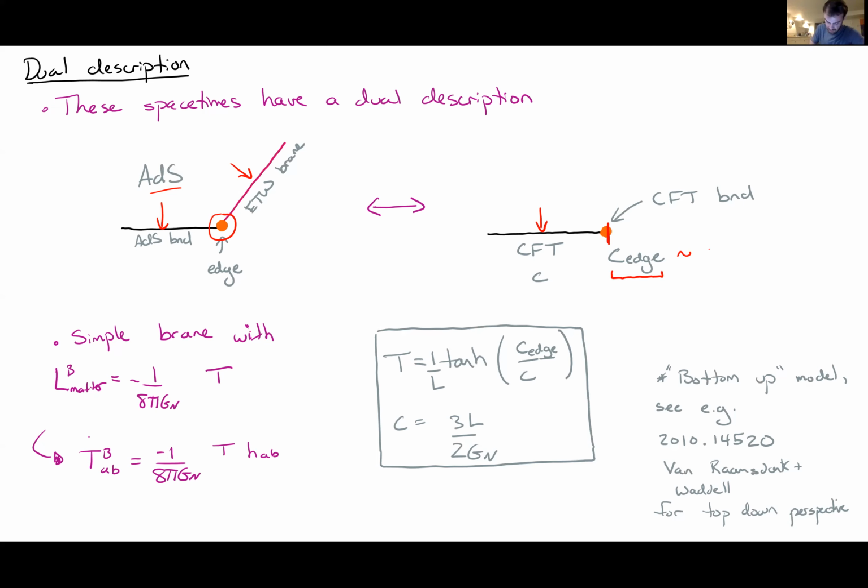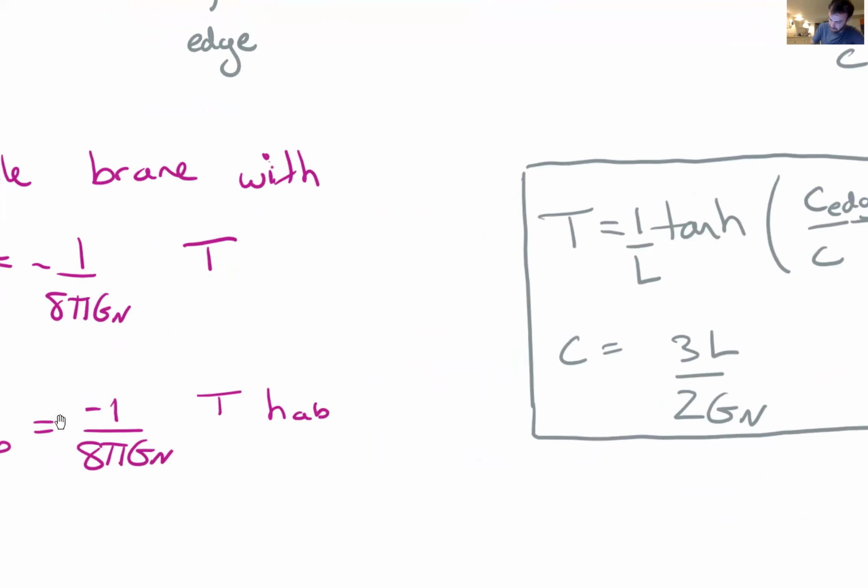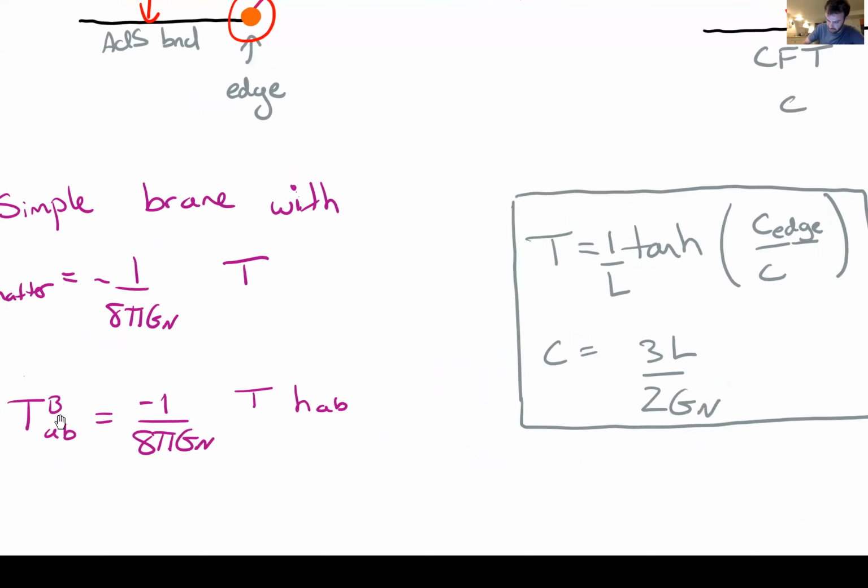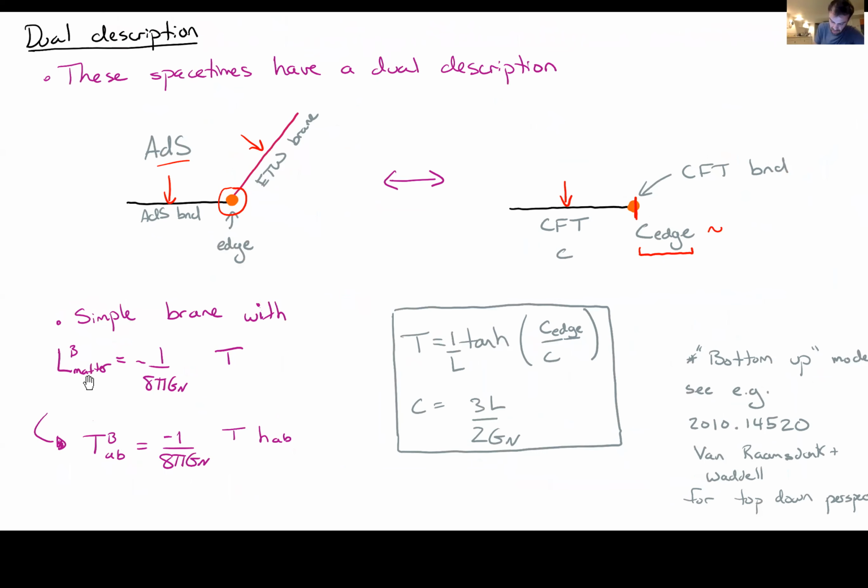And then for the solutions I'm going to consider here, we'll take a simple case where the matter Lagrangian on the brane will just be proportional to, sorry,